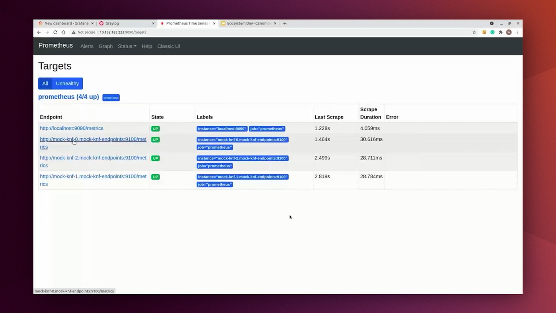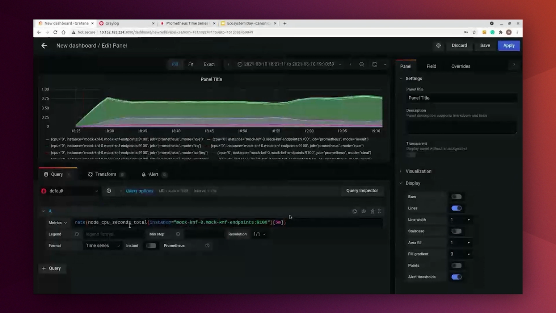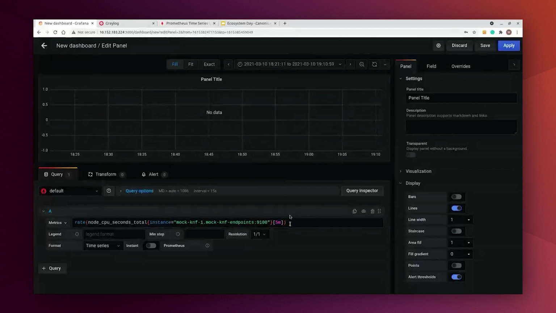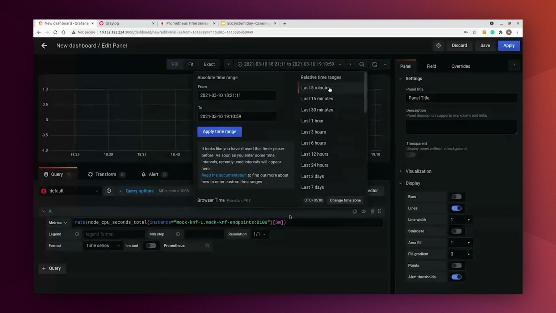So it has automatically reconfigured, and we are getting metrics from 3 applications now. And if we go to the Grafana, then we can just change from 0 to 1. We should have our data, and that's it. If we do it for the last 5 minutes, we'll have that,